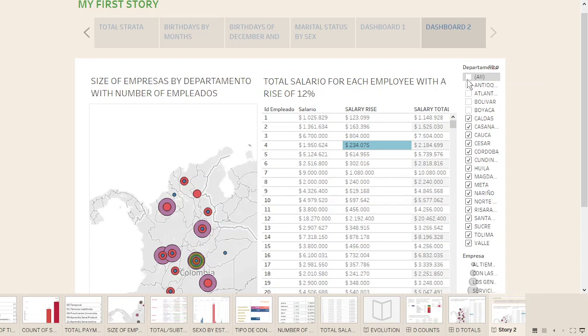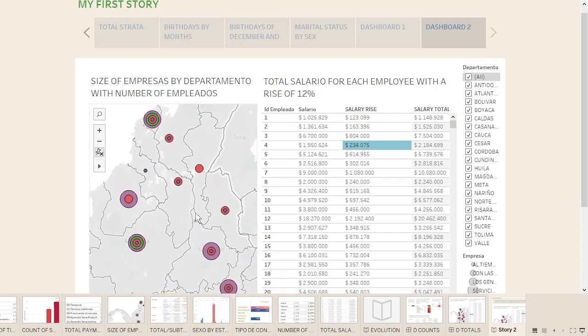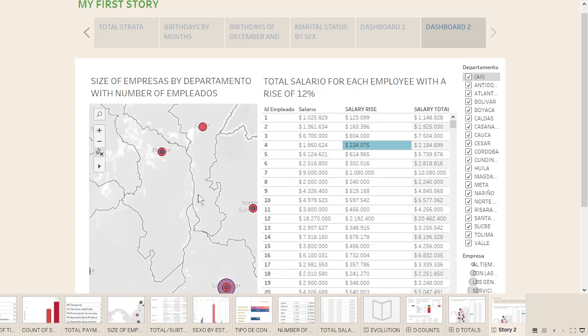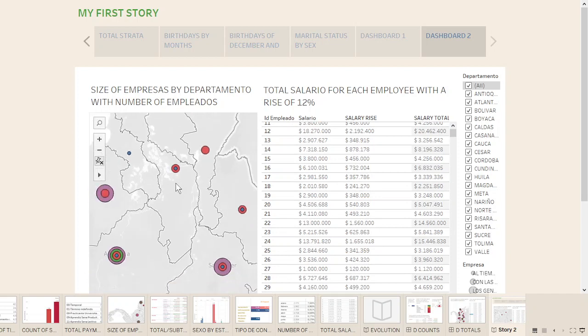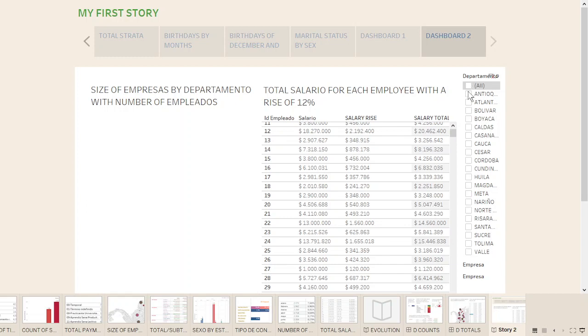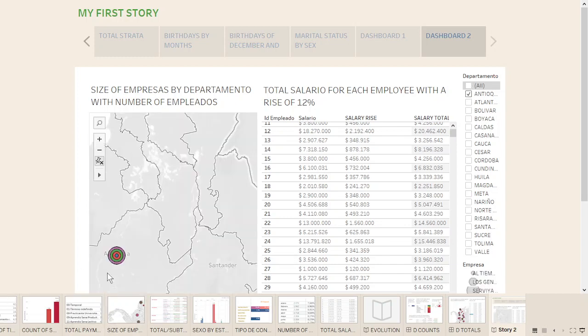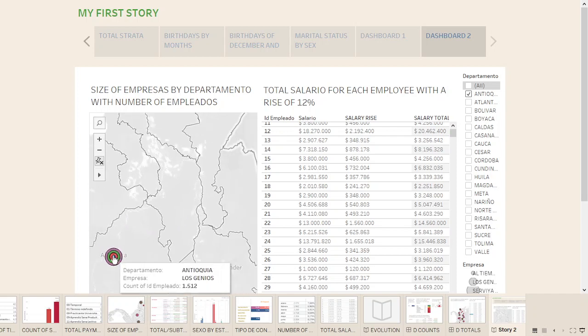Anyway, I may manipulate the size of each of the departments in order to see the department itself. For example, I'm going to see only Antioquia. This is Antioquia, right? And I may see Antioquia alone, or more than one,